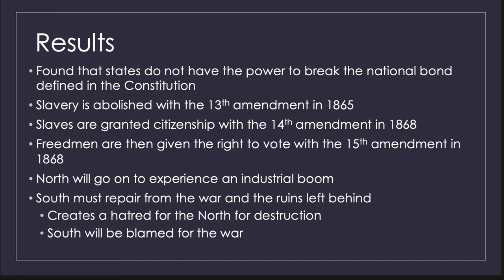At the end of the Civil War, you're going to see three Reconstruction Amendments pass. The first is going to be the 13th Amendment in 1865, which gets rid of slavery. The next is going to be the 14th Amendment in 1868, where citizenship is defined as anybody born in